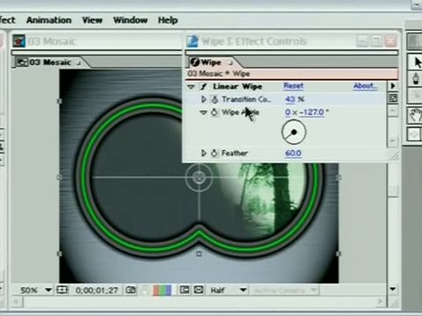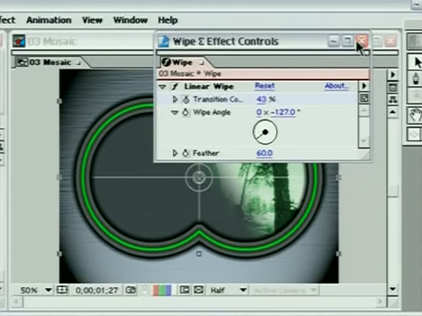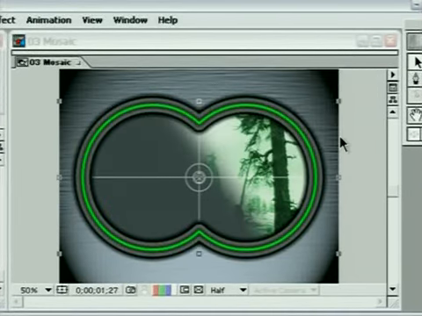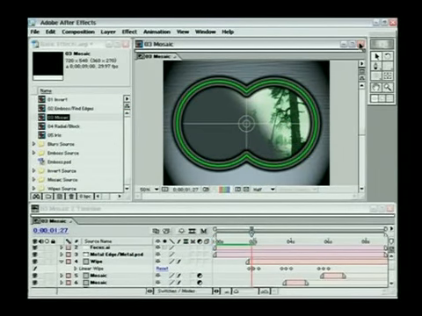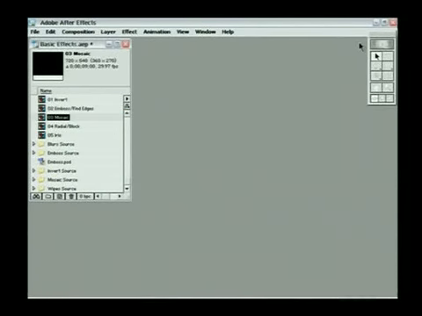They're pretty easy to work with, but the linear wipe does have many functions. I thought it was a great choice to use for our shutter in this particular animation. So just wanted to show you that whilst we were right there. Okay, let's go ahead and close that composition down because we're going to focus on our next one now,